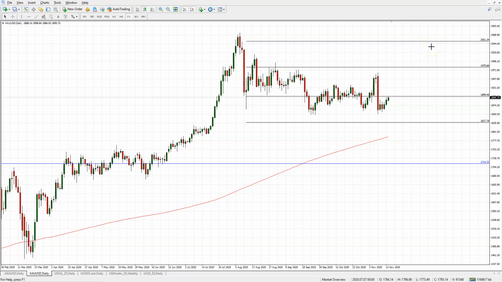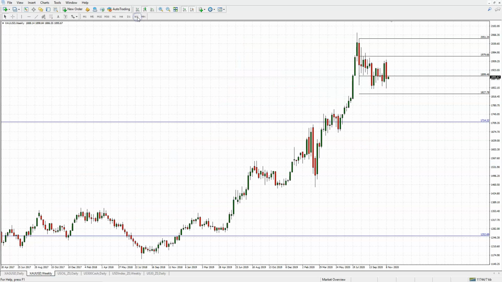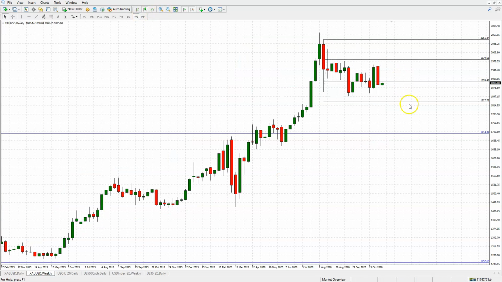But look, I want to show you why we're starting to lock in on a bearish overview here. We're getting some signs from the technical picture that the gold is on its way south. It's not going to make it. It's probably not going to continue to trade sideways here, and it's just going to break down. I want to show you why we're starting to believe that's the case.